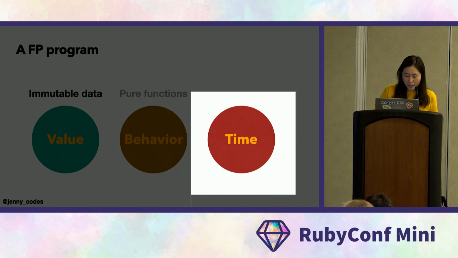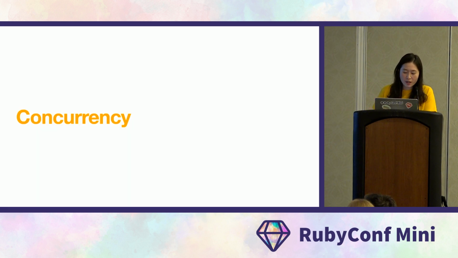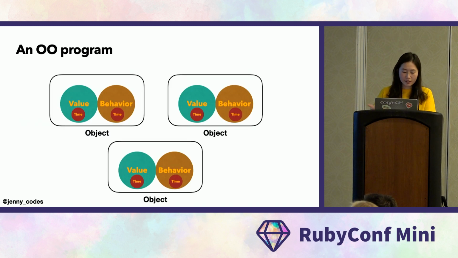The next thing we'll look at is time. And to talk about time is to talk about processes and concurrency. Going back to the earlier slide, concurrency in object-oriented programming is tricky because the time element is implicit inside each element. And this implicit timeline creates the possibility of race conditions and deadlocks if we have multiple processes running at the same time.